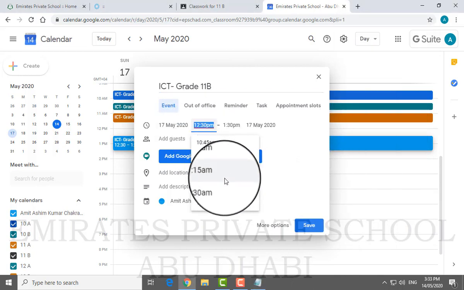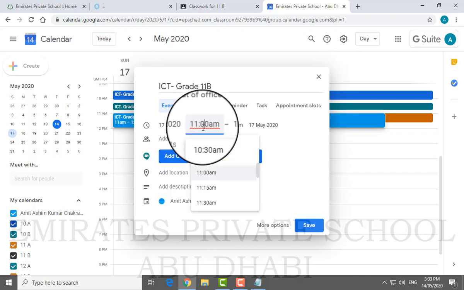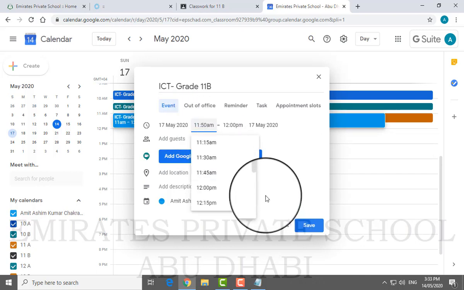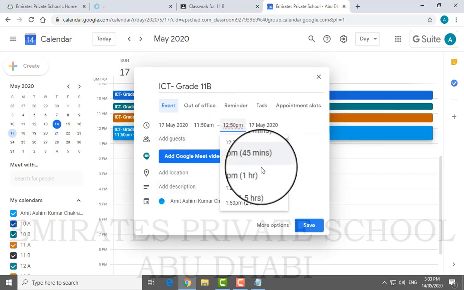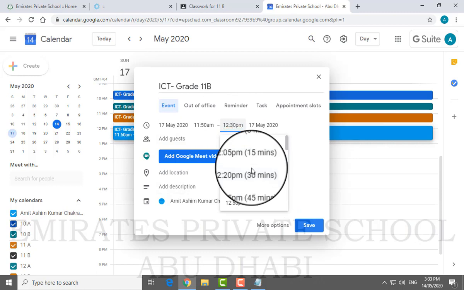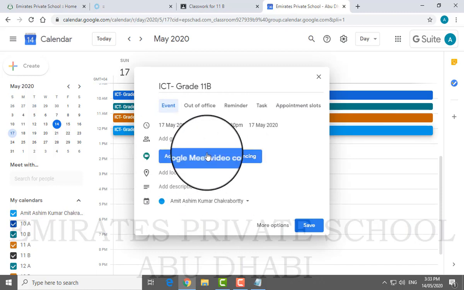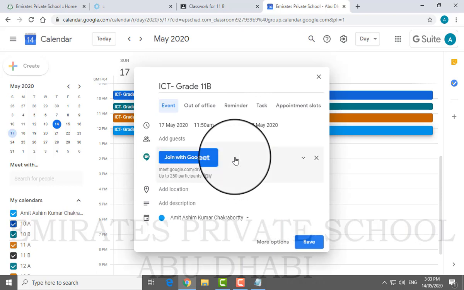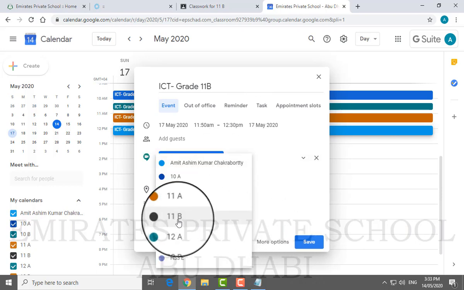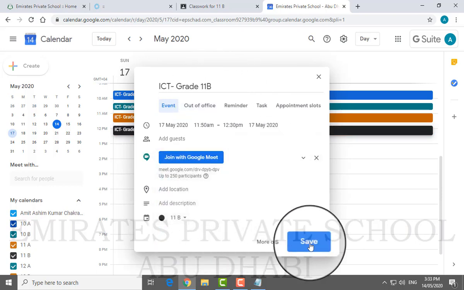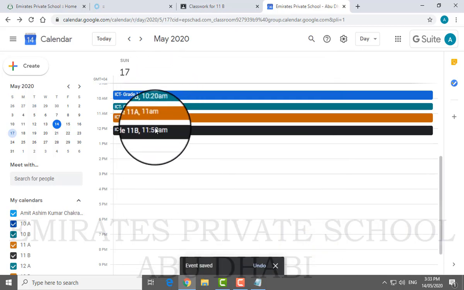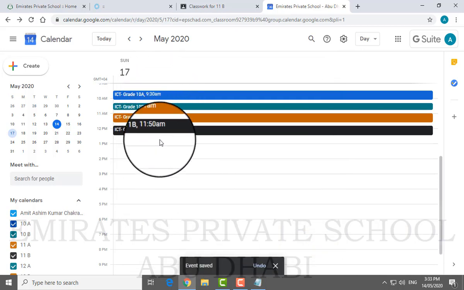So I go and select 11:50 to 12:30, and then add Google Meet video conferencing. Go ahead and select the class. Now I have set 4 of my things on the Google Calendar.